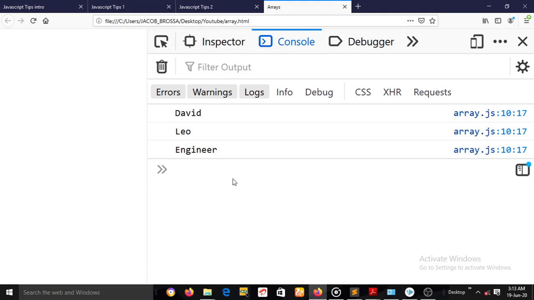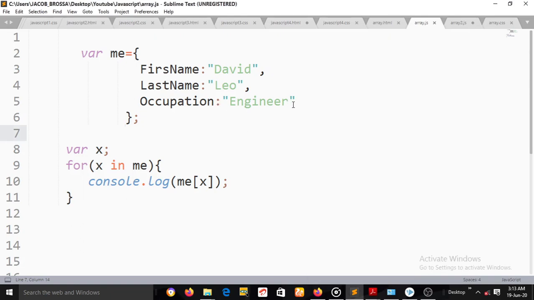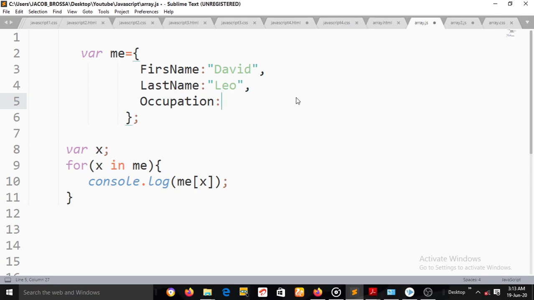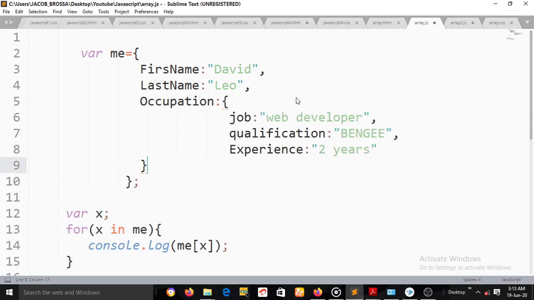Now you remember the concept of nesting in HTML. Now this also works here. Now let's say I want to add more details here, and what I'll do is I'll open up another curly braces and I'll put all the details that I want to add. So here I want to say the job is web developer, qualification is bachelor in engineering, electrical electronic, and experience is 2 years. So you can see I opened up another curly braces and put this name value pair in